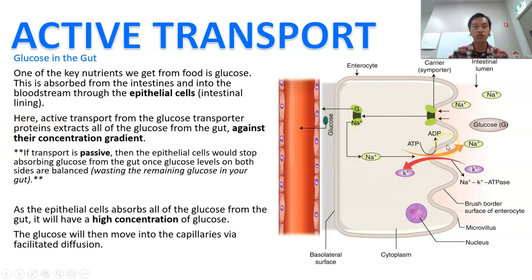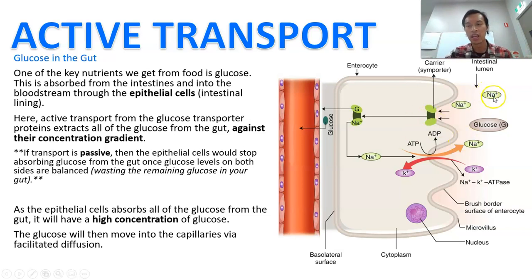here, active transport from the glucose transporter protein extracts all of the glucose from the gut against their concentration gradients, right? If the transport was passive and your body cannot actively move all of the glucose, what you're going to see is, let's just imagine if it was facilitated diffusion or whatever, right? Once the glucose here and the glucose inside the cell is the same, it's going to stop absorbing glucose from your gut, right? You don't want that, right? Because that means all of the remaining glucose, you're going to poop it out and it's going to be wasted,